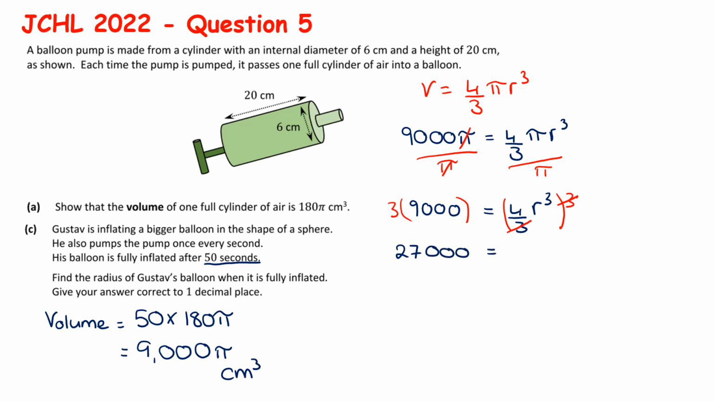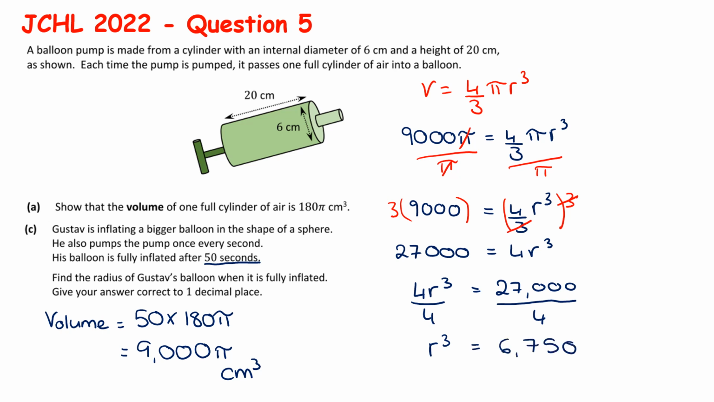So that gives us 27,000 is equal to 4r cubed. I'm going to flip this around because I prefer my letter on the left. Always divide by our coefficient first. So let's divide that by 4. So 27,000 divided by 4. That gives us r cubed is equal to